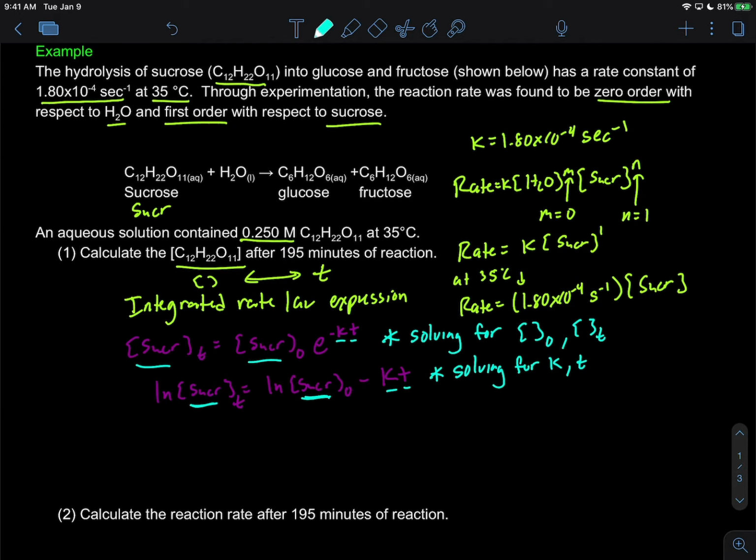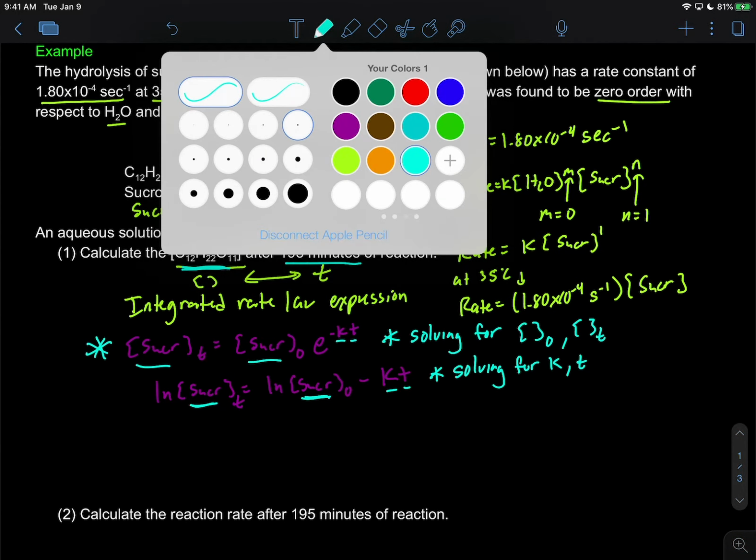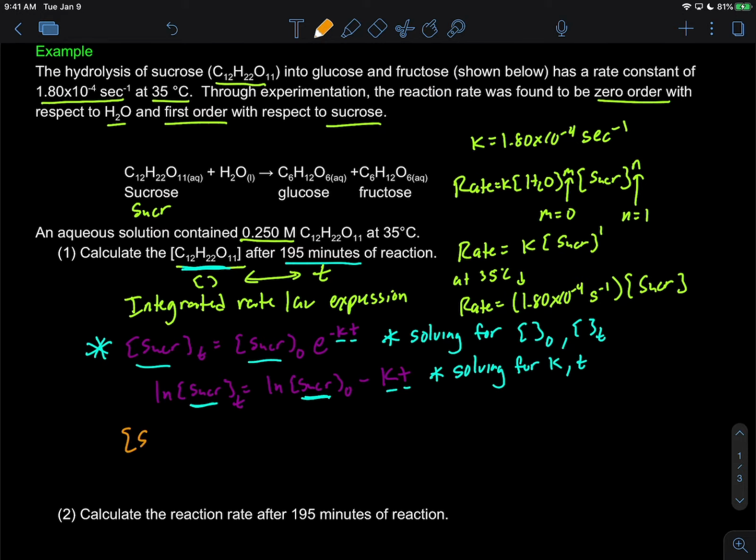So we look here and we see we're trying to find the concentration after a certain amount of time. And so because of that, what we see here is that we probably want to use this one here, just because it's a little bit easier in solving for our concentration. So let's do that. The sucrose concentration at 195 minutes is equal to our original sucrose concentration, 0.250 molarity, times e to the negative, and our k value, 1.80 times 10 to the negative fourth